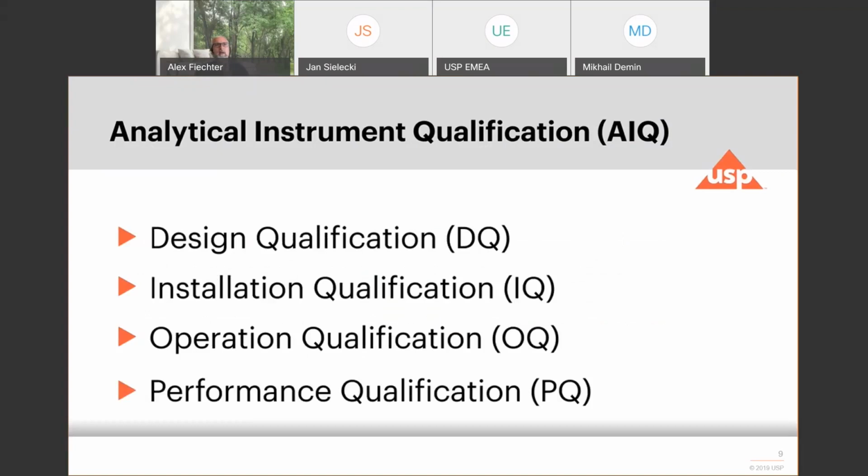Operational qualification is the prerequisite for a performance qualification. Operational qualification, OQ, what you also understand as the mechanical qualification. There are basic requirements coming from the general chapter 711, but ASTM and other guidelines are extending these steps and even narrowing the specifications to what you know from 711.